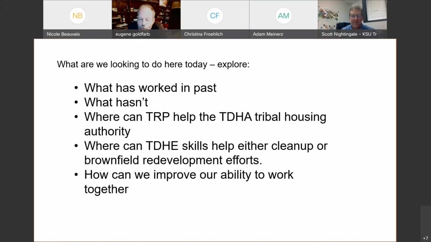That's usually good news if you don't have a brownfield, but I think after COVID, everybody's going to have more brownfields than they know what to do with. Fingers crossed.